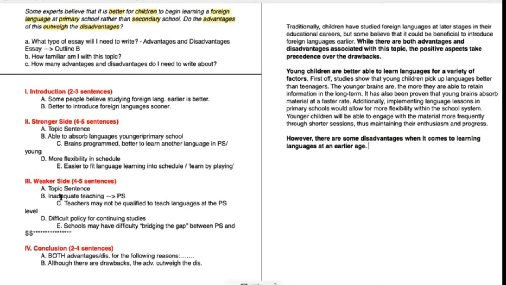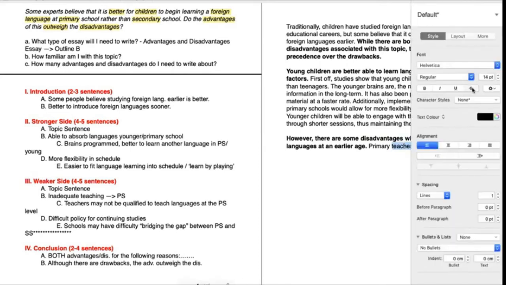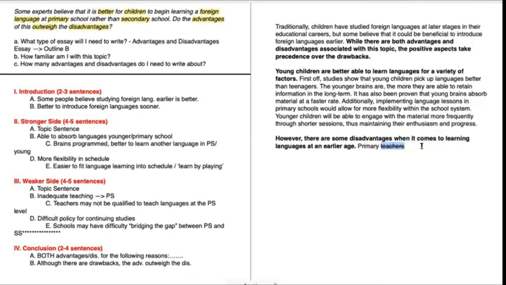Let's talk a little bit about the inadequate teaching. I'll say primary teachers, or if you want, you could say primary school teachers. So in this case, imagine that I've actually written this in my test booklet. Instead of scribbling out messily, I'm going to strike through just like you've seen here. You just do a simple strike through and then you continue writing next to it. So I'll say primary school teachers, good, may not be qualified to provide lessons in foreign languages, resulting in inadequate